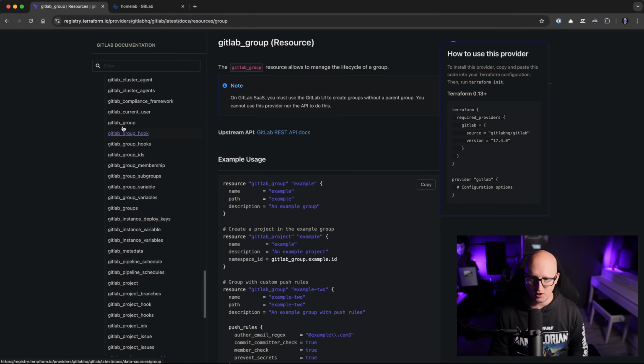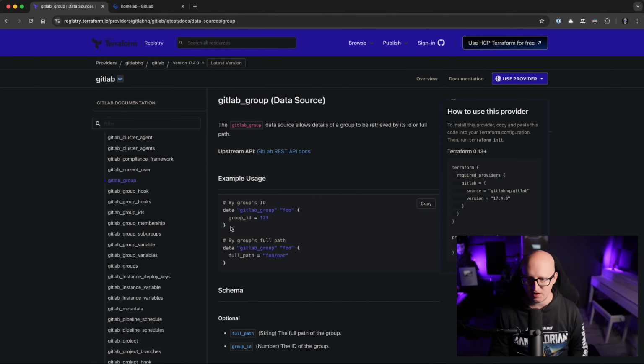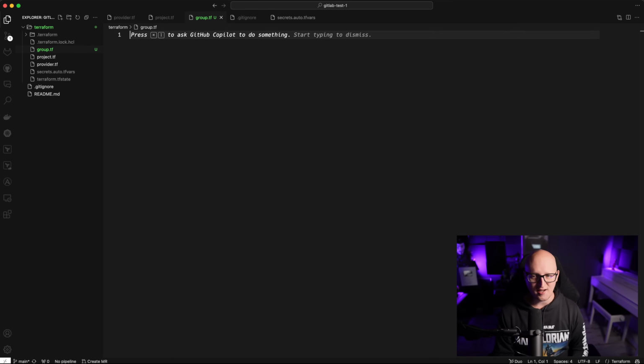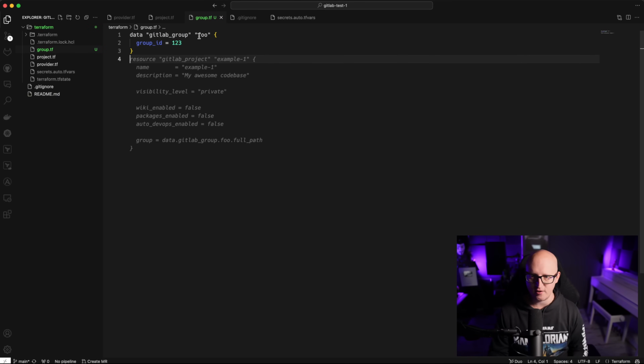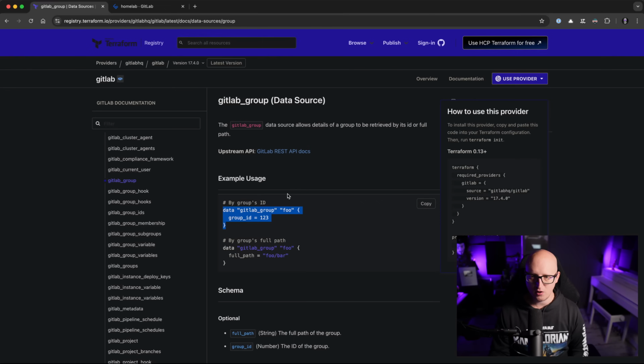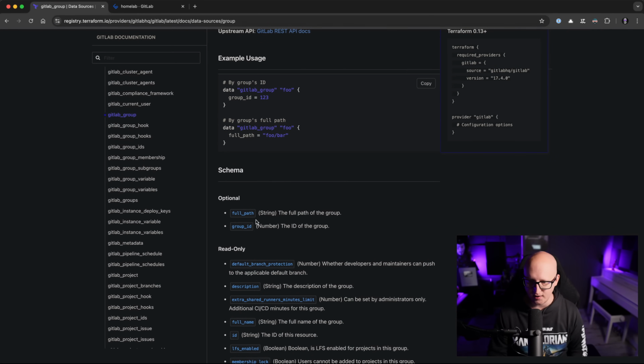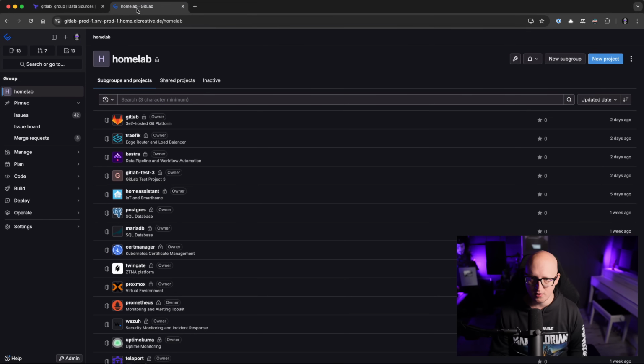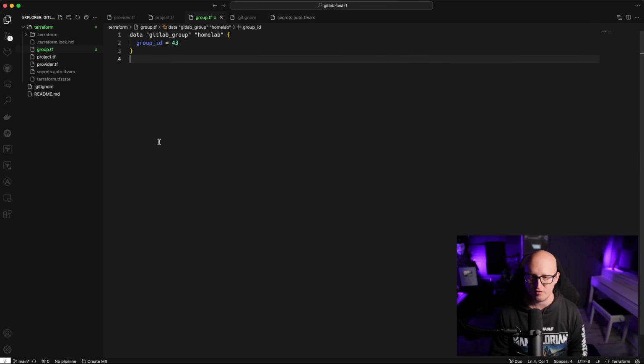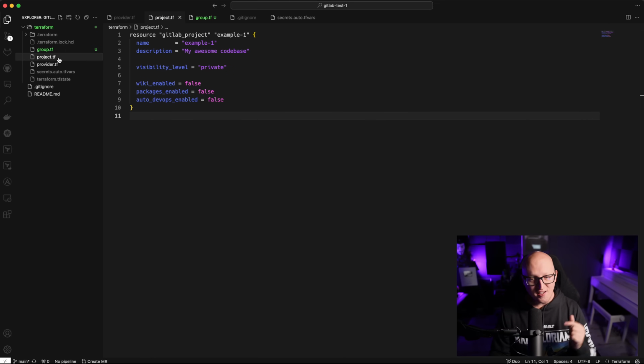So let's go in here and let's go to data sources GitLab. So you need to start with data, then you're querying objects that are existing. I'm just going to call this HomeLab. And the group ID, you can use the group ID or the group full path, depending on what you like. If you want to refer to the group ID, you can easily look this up in here. If you select the group and copy the group ID, then you can easily use this. And then if we have the HomeLab group as a data source in Terraform, we can easily refer to this